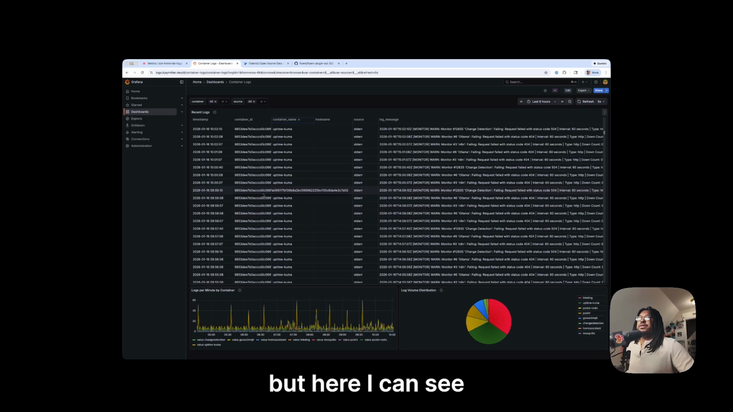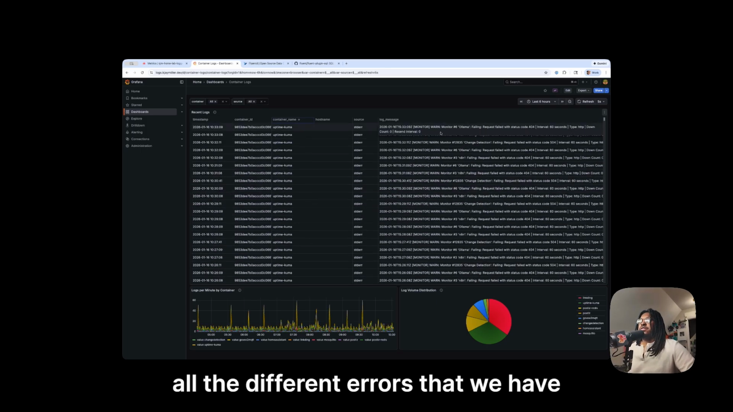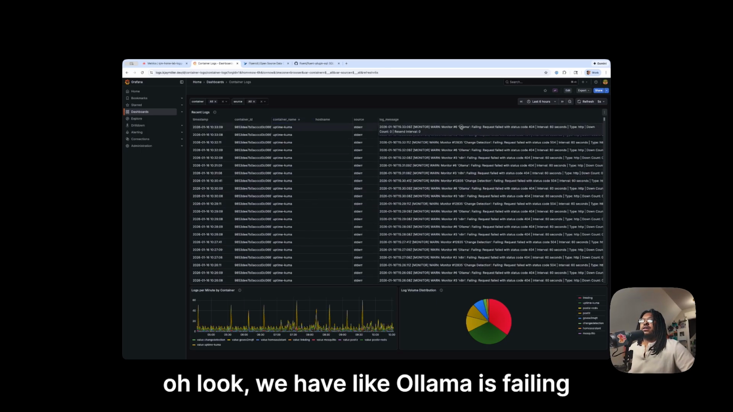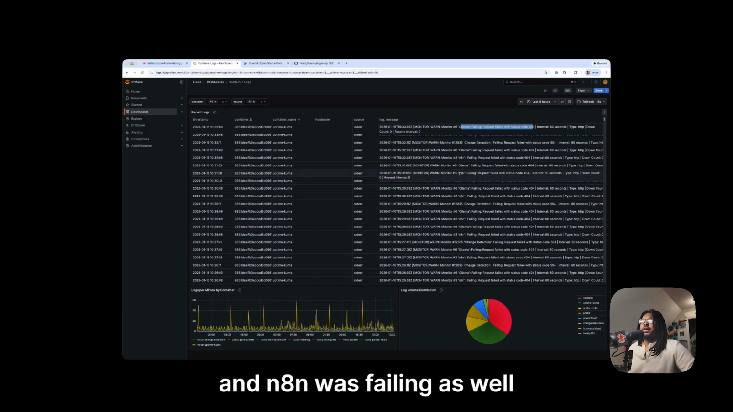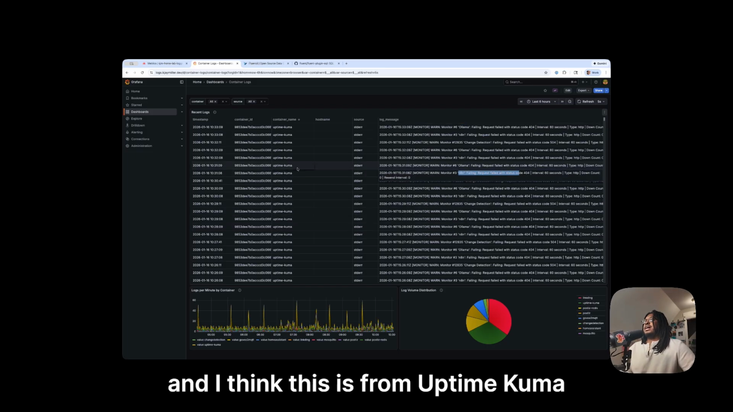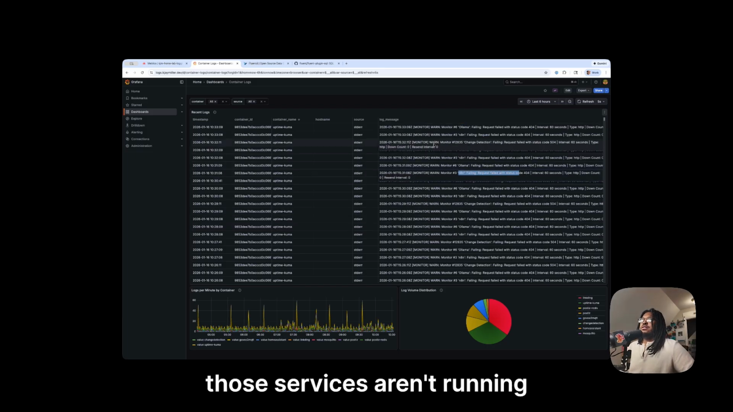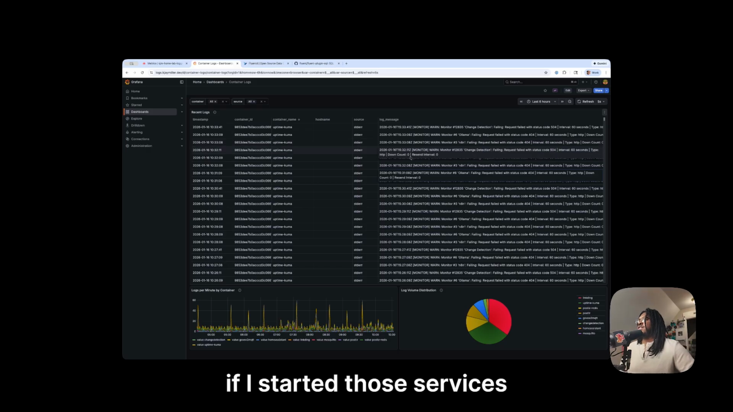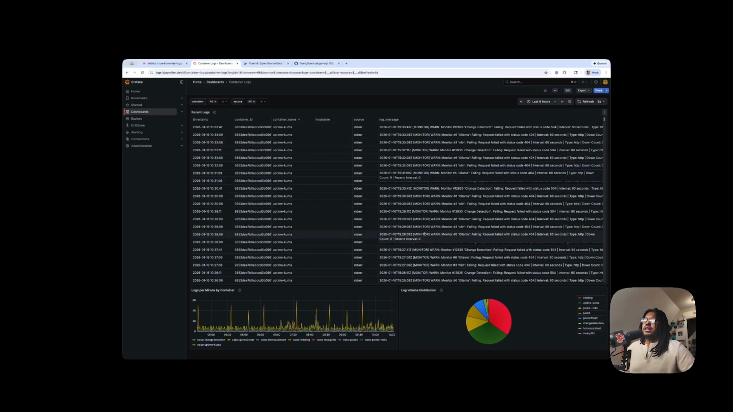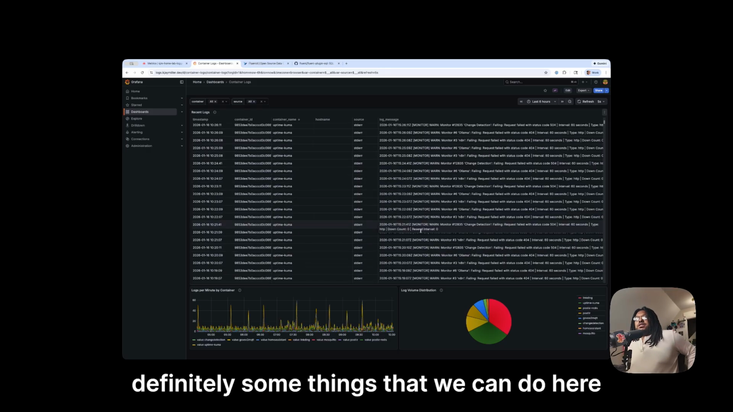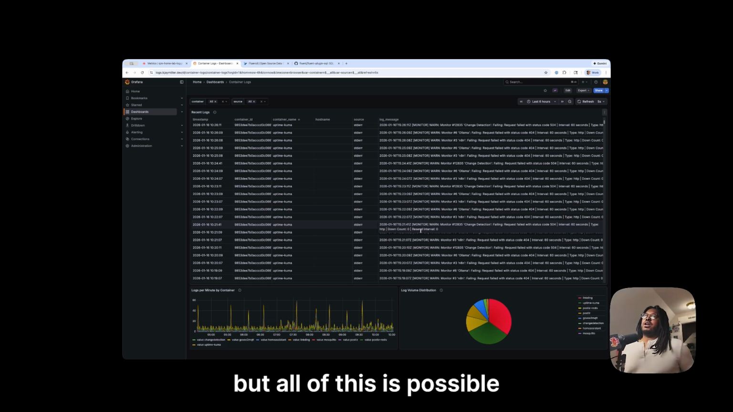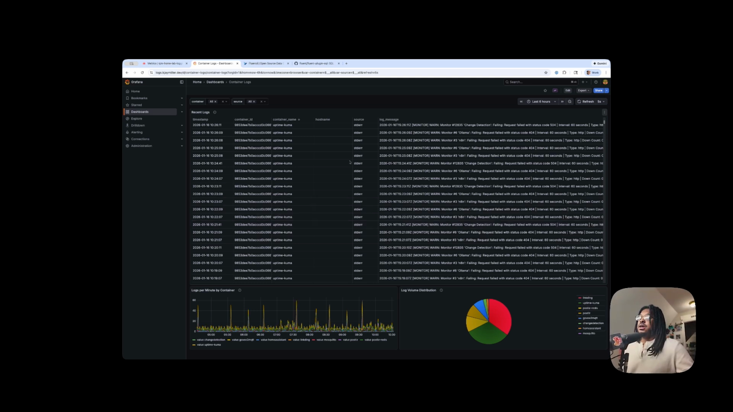But here I can look and see all the different errors that we have. Oh, look, we have Ollama failing. And Aiven was failing as well. And I think this is from Uptime Kuma. Yeah, those services aren't running. If I started those services, those errors would go away. So I think that there are definitely some things that we can do here, but all of this is possible because for each of those services,